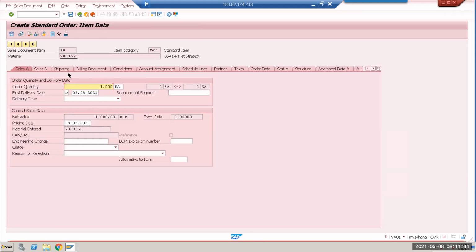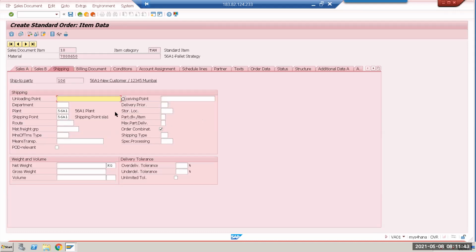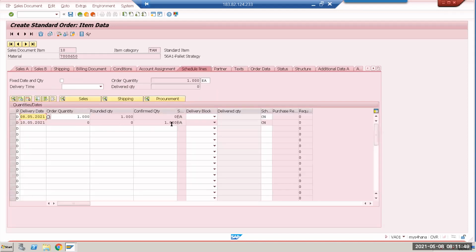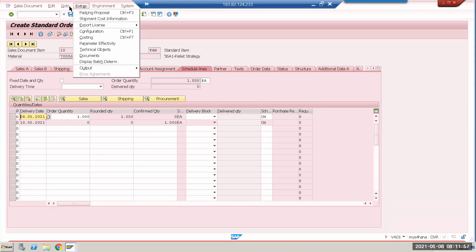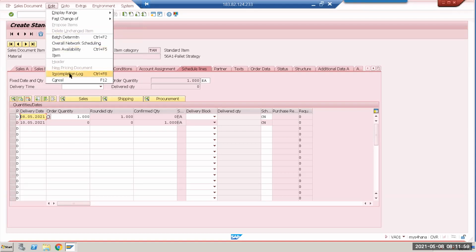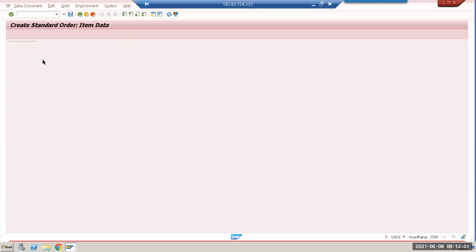So go to shipping. Schedule lines is already there for 10/5. Today is a holiday, right? That is okay. And then I'll go to here. Edit incompletion log. Or 2, 3 incompletion logs.